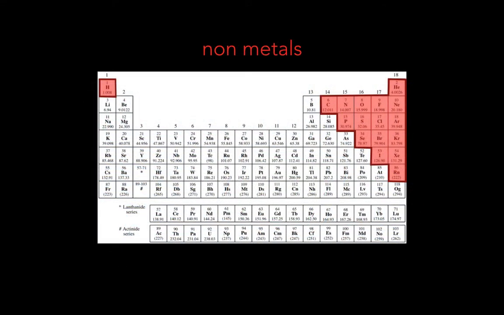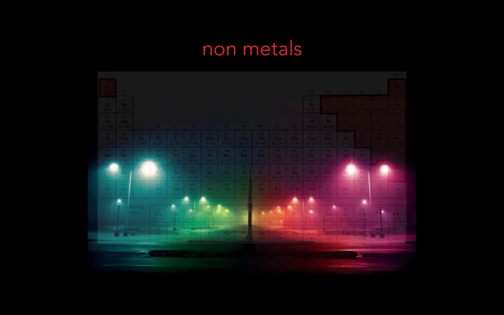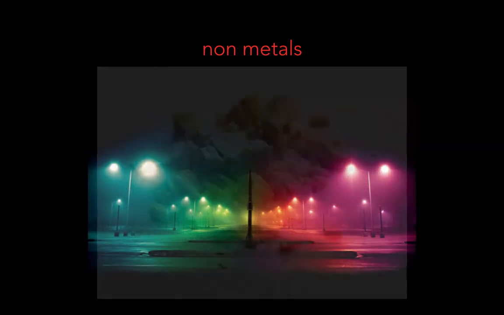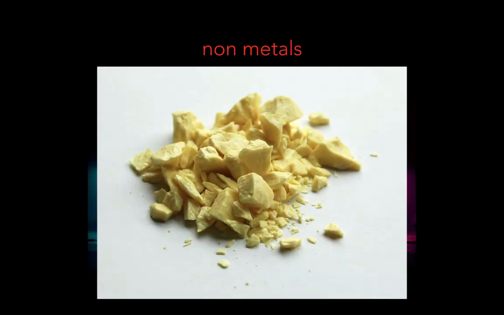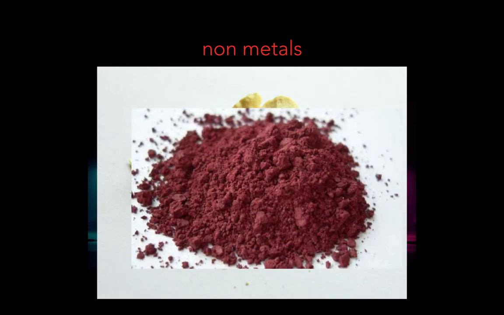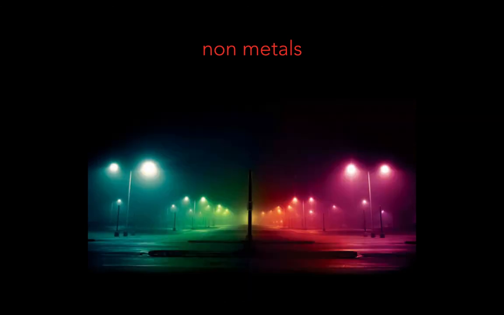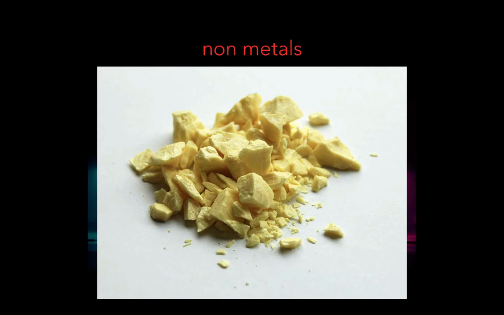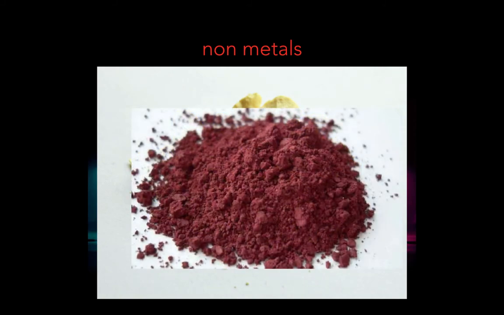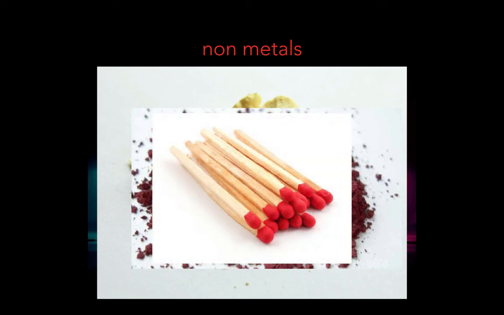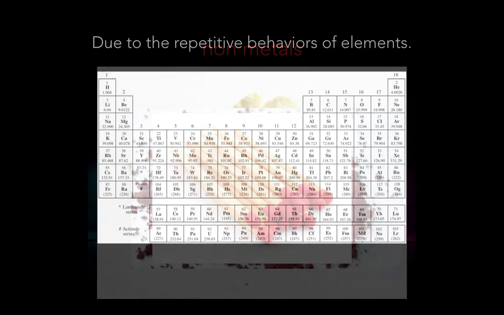And then you have your nonmetals. Okay? Like your neons, your gases. These are not shiny, unlike the metals. They're usually dull and brittle. They can be broken down into powders. This is phosphorus. Actually, let me back up a bit. That is sulfur right there. Sulfur has a yellowish color. And then you have phosphorus. Phosphorus you might be more familiar with in this form. Phosphorus is used in matches.